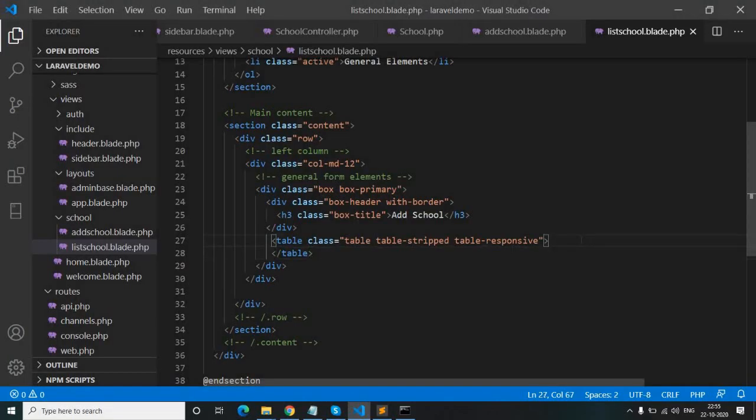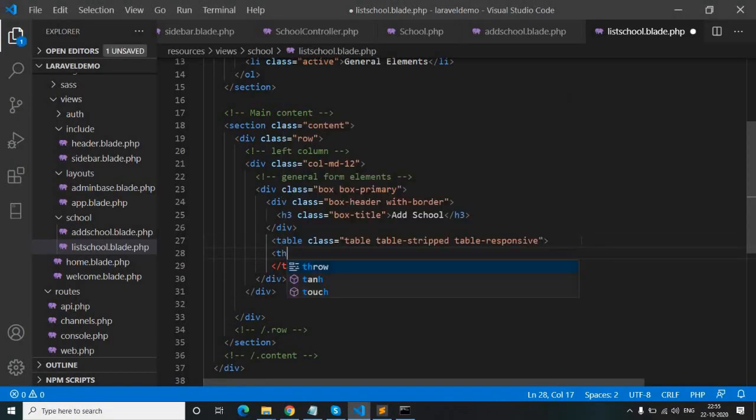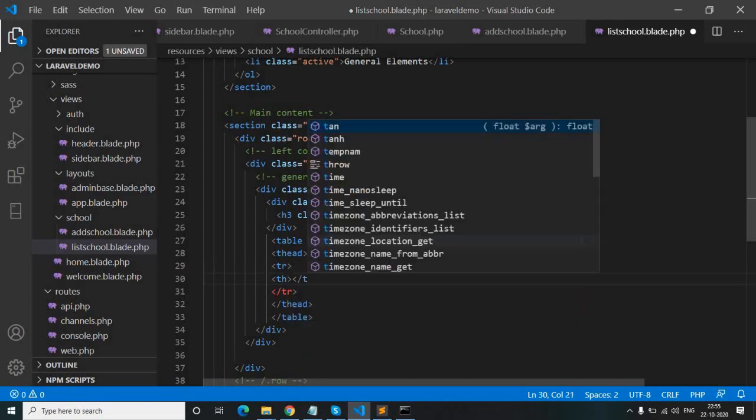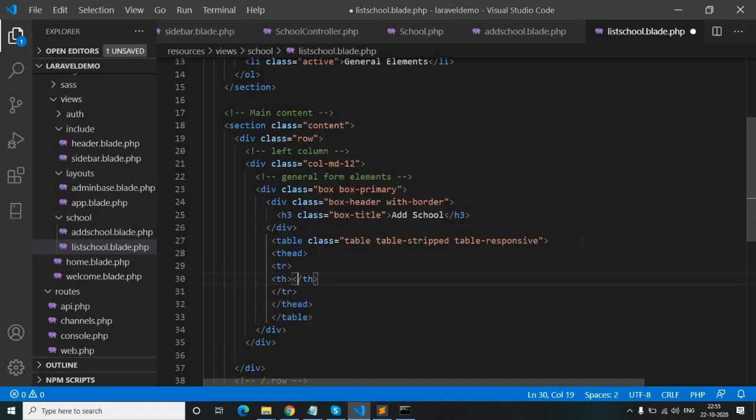Firstly we will create here the head, and inside this we will create a tr. Here we will create three columns: name, mobile number and address.